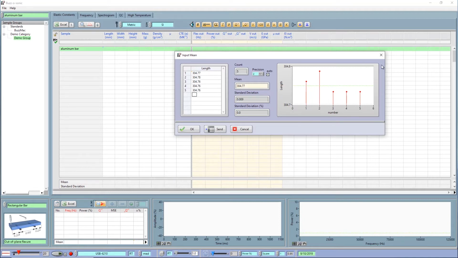Now we also display those dimensions here, and that's a good indicator of whether you've got reasonable values. So if you accidentally mistype, you can see straight away that there's a mistake there. So this helps eliminate human error, or operator error. We also get a standard deviation, so we can tell whether we've taken enough measurements to get a reasonable value